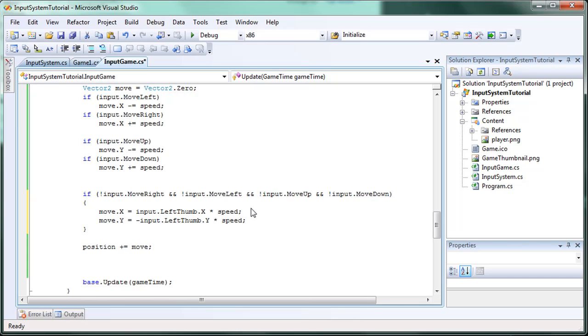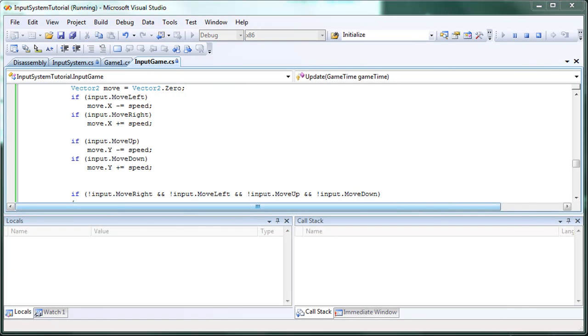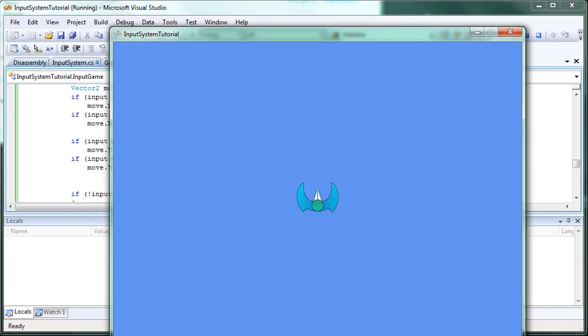Okay, so the way we do negative is because the controller is using the standard mathematic coordinate system where when we move down, it's in the negative, and when we move up, it's in the positive. However, we're using the DirectX coordinate system in the displaying, so the negative direction is up and the positive direction is down. So we need to reverse that and then multiply it by speed. So now if we press F5, no button on the keyboard, left, right, up, down. A, we have not enabled that functionality yet. Now if we press right,